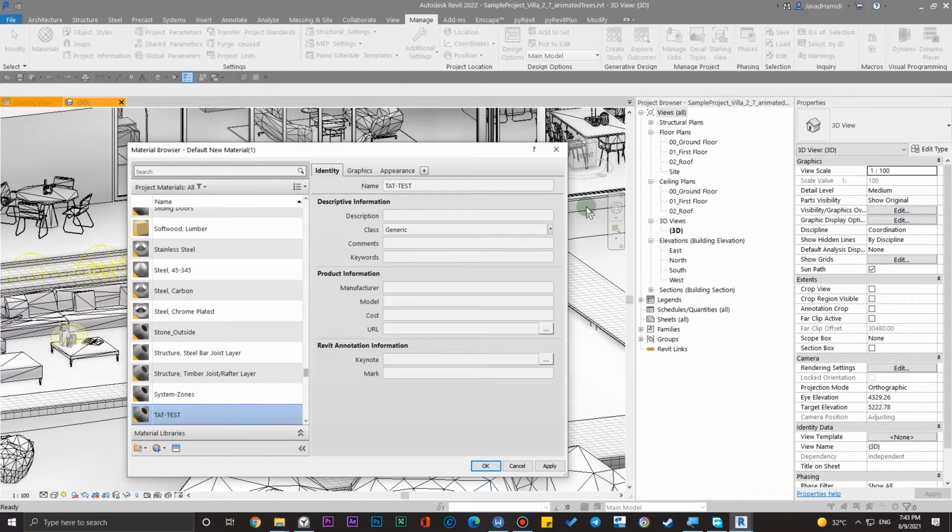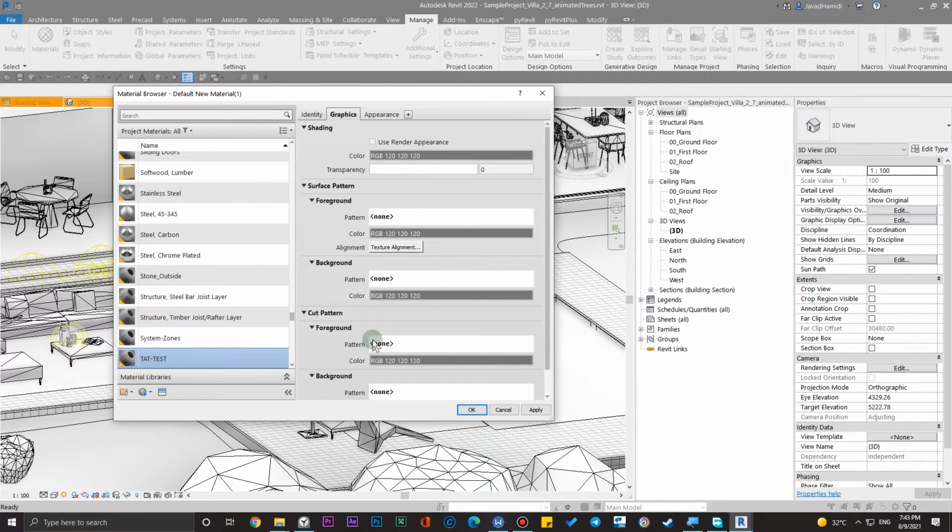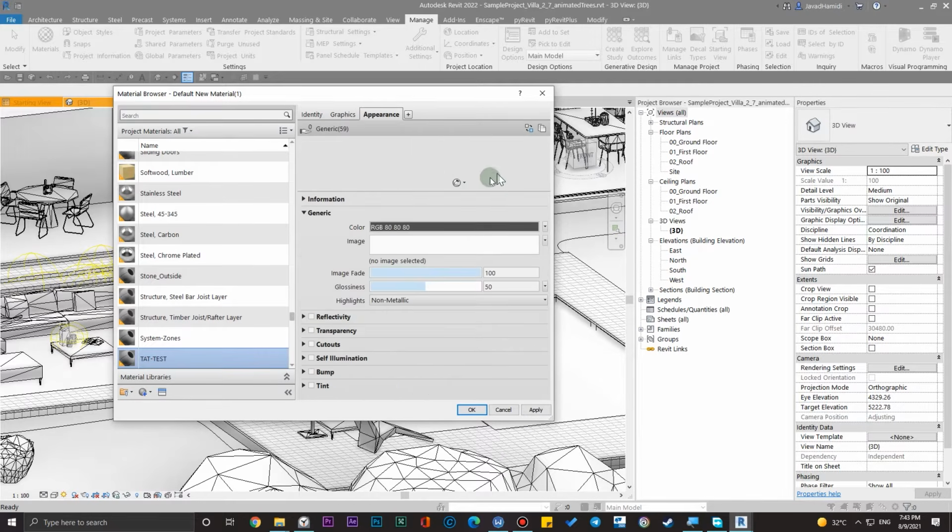Then you need to assign your graphics for shaded mode, and for your patterns. You can't do these things in Enscape Material Editor either. So Enscape Material Editor is just for appearance. And also one tip here: